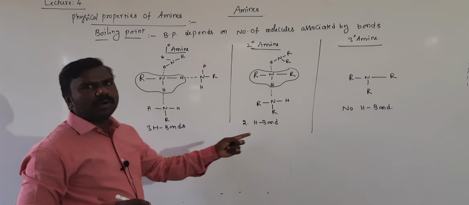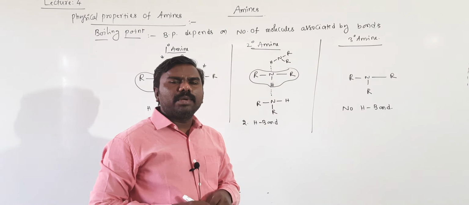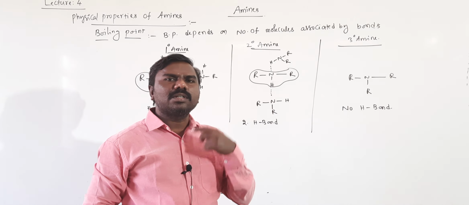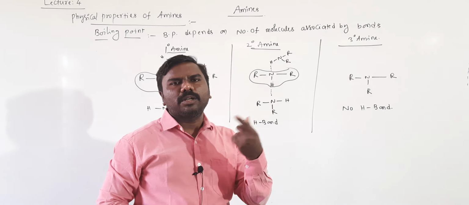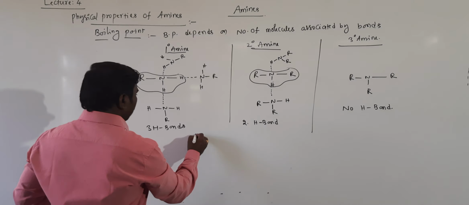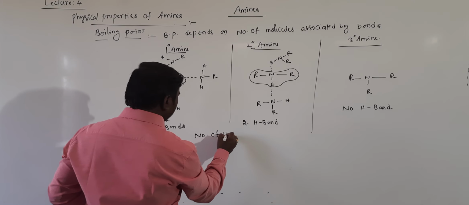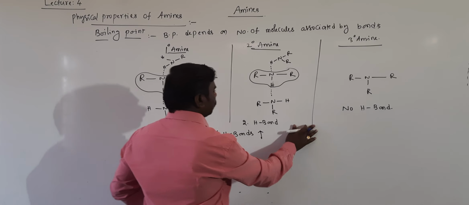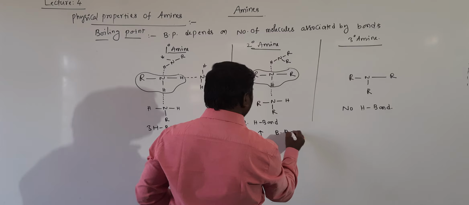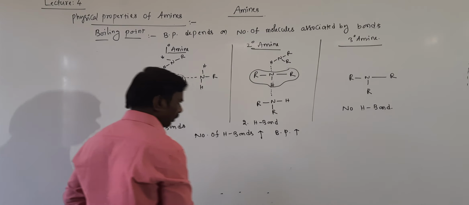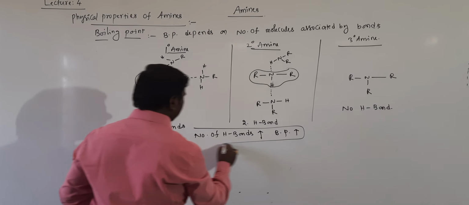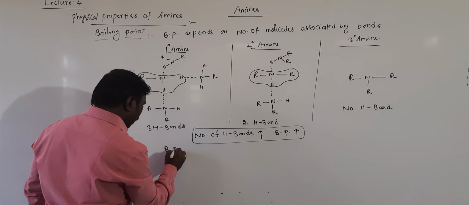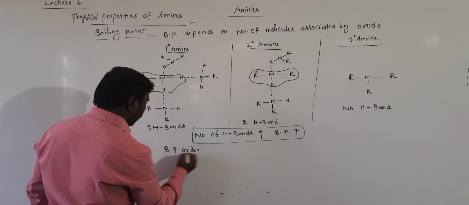Number of hydrogen bonds increases, obviously. Number of bonds increases, bond strength increases, boiling point also increases. Number of hydrogen bonds increases, so boiling point also increases. It is directly proportional. With more hydrogen bonds, the boiling point is higher, so the order of boiling point